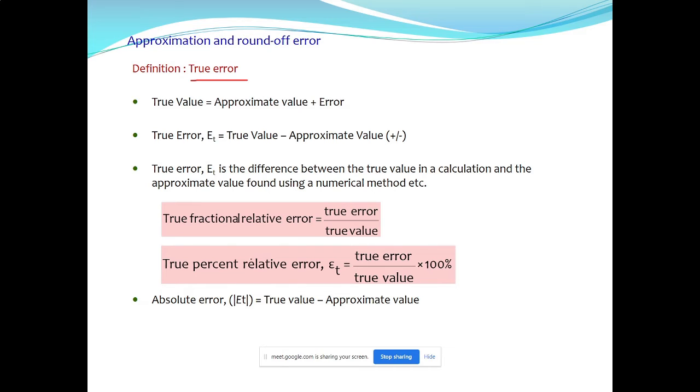So, what is true error? So, this is your formula. True error divided by true value. So, in this case, you must know true value. You must have the true value. From your true value, you can determine what is your true error. Okay? Okay. Another thing, rather than true error, we have the